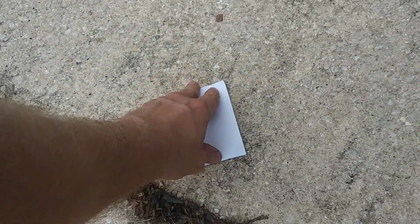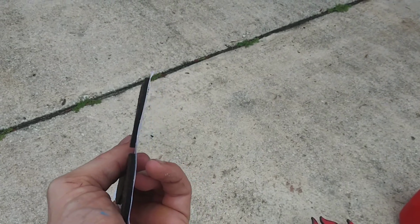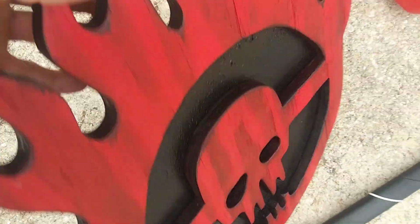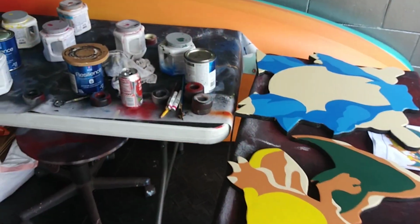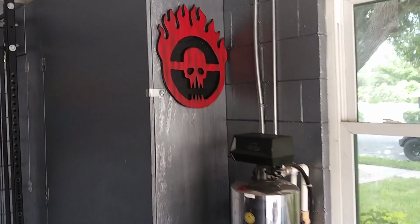On the back we got a hanger hook and the little furniture pads. Let's see where they are. So it's basically just this kind of stuff, so this way it's not hanging flat on the wall, but slightly off. And let's go hang it inside and see how it looks on the wall. Cool projects coming up. My garage is a bit of a mess with the kayaks, but